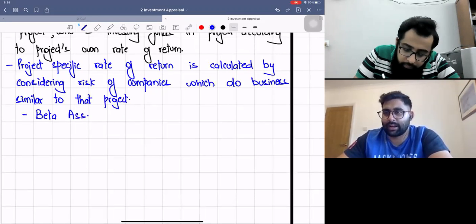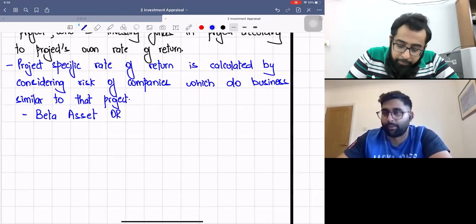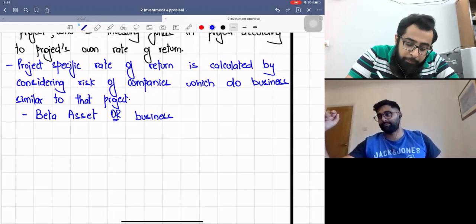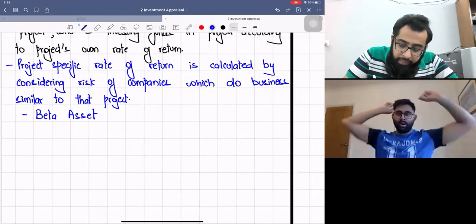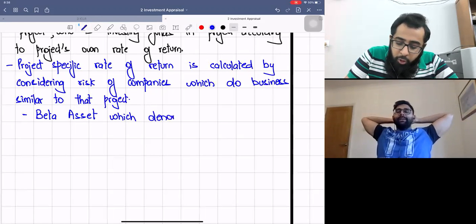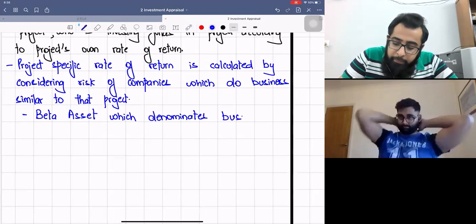So this is how to calculate the discount factor, the weighted cost of capital of the project specifically. Of the project, yes. Beta asset, which denominates business risk, is calculated